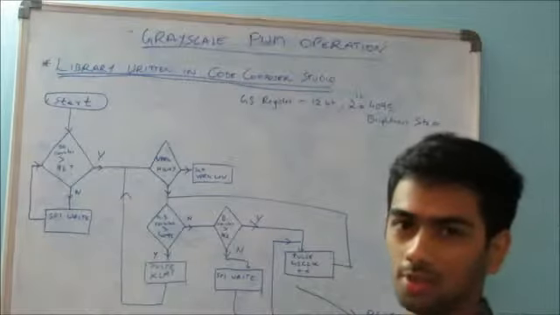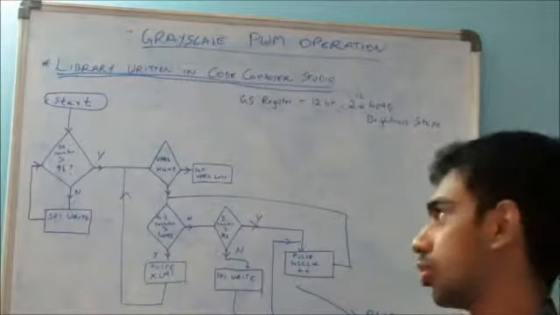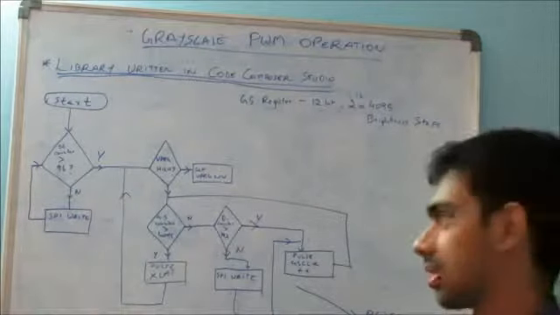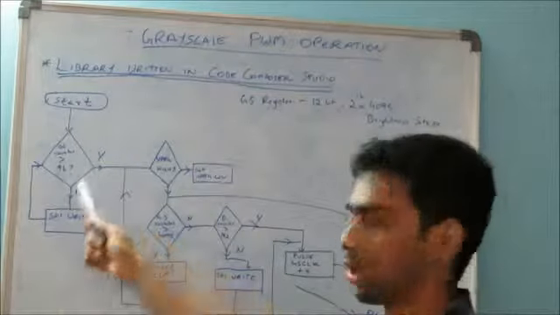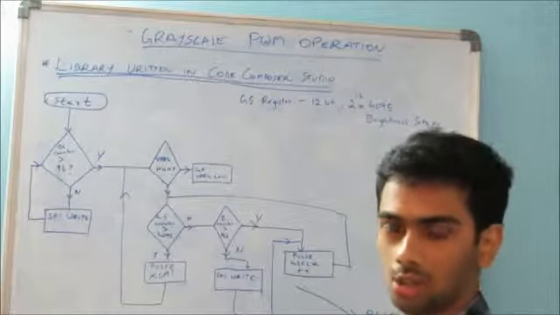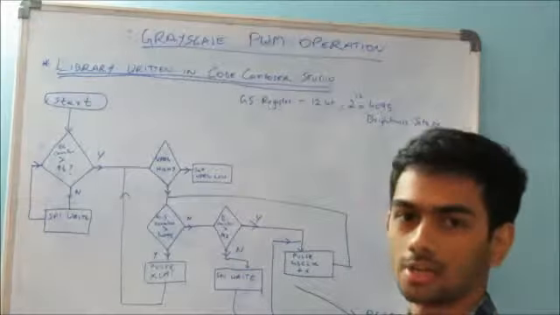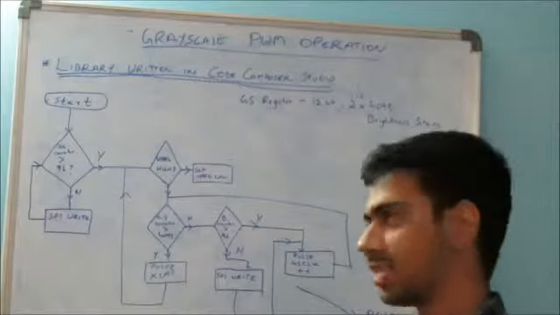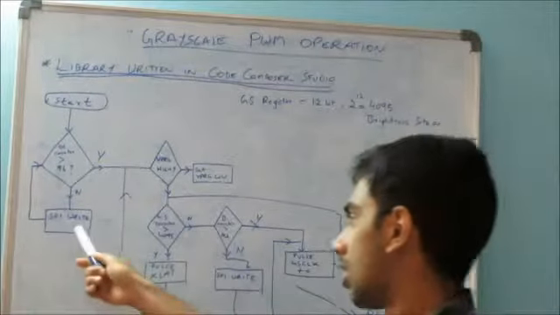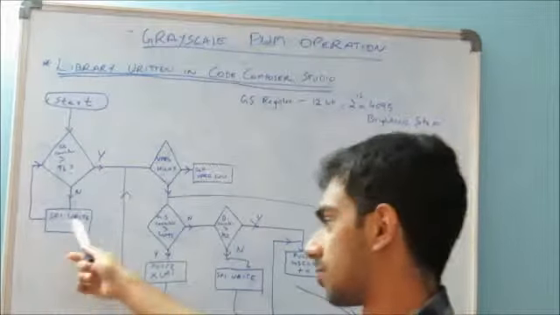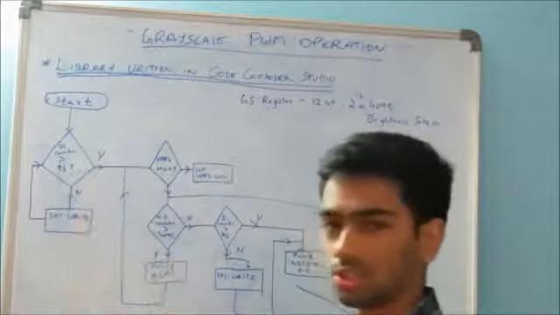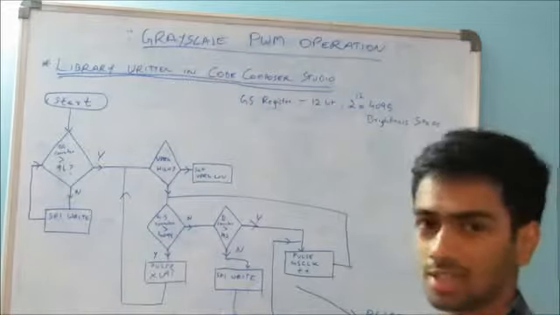So we have written the library for the TLC 5940 in Code Composer Studio, for which the algorithm is as follows. The first step is to write to the dot correction register. The dot correction register determines how much current has to flow through each of the TLC 5940 pins. Register write action is performed by SPI write. Once the dot correction register has been filled, we move on to the grayscale cycle.